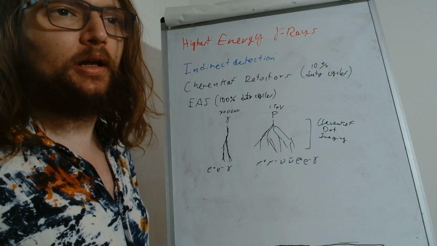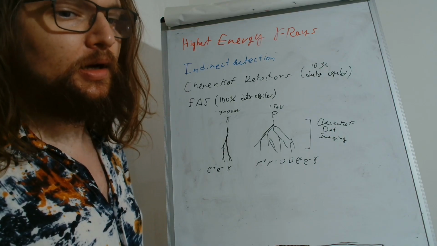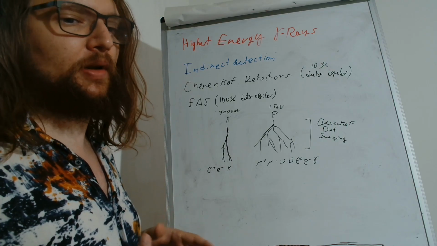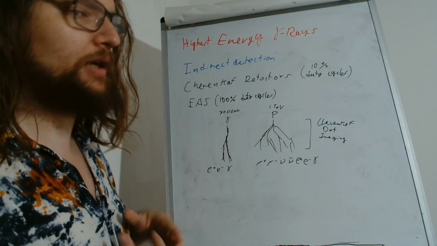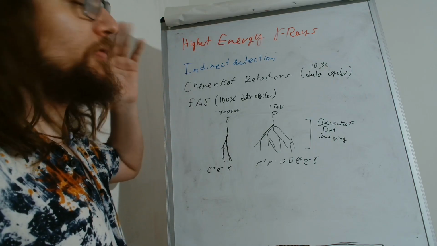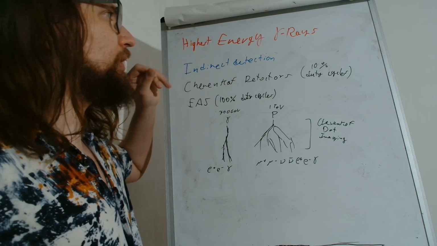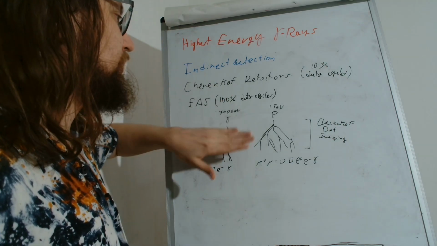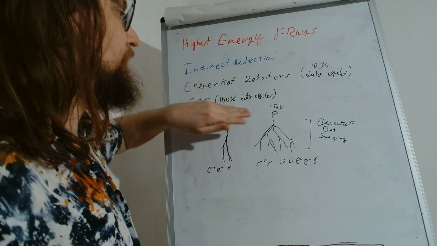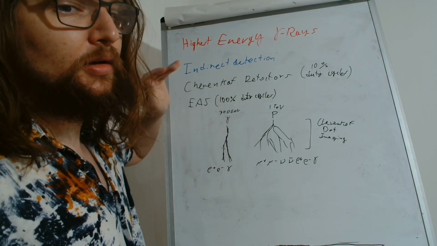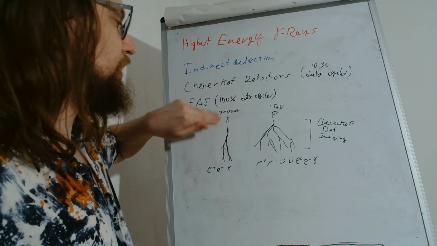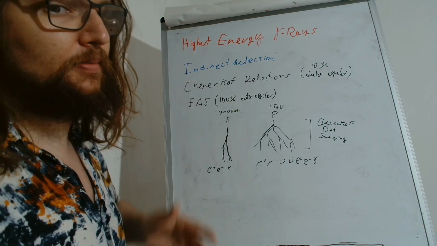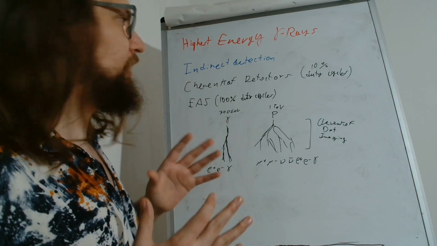High energy gamma rays, of the order of teraelectron volts, are pretty rare, and so to detect them, we do like for high energetic cosmic rays. We do indirect detection from the ground. We have talked about this a bit in the second video, and we have talked about hadronic showers initiated by a proton or a cosmic ray, and showers initiated by a gamma ray. So the methods of detection are mainly the